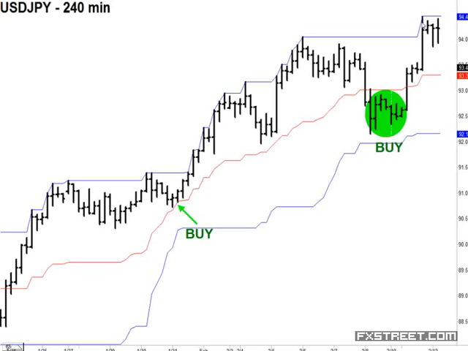But see, these are signals that could have taken place 2-3 days ago. You could have taken advantage, as all of our members did, who are using this particular technique, and went long the dollar-yen on a 4-hour chart. It's not that difficult if you know how to trade using these particular techniques and methods.